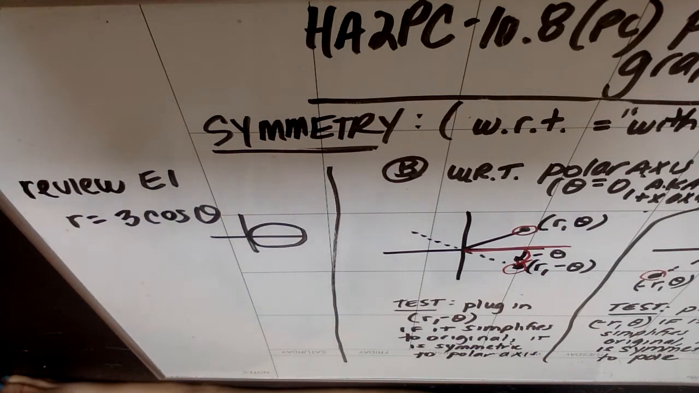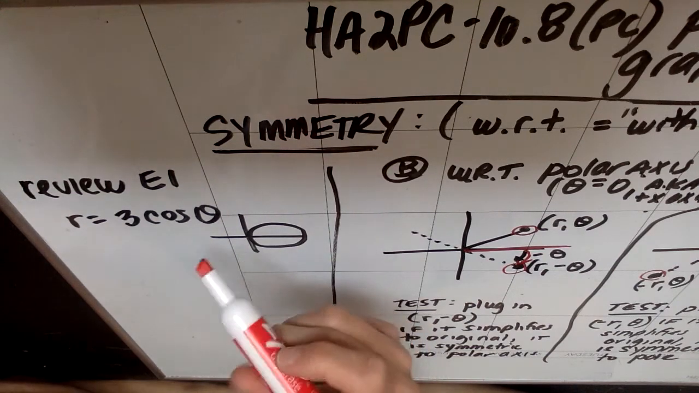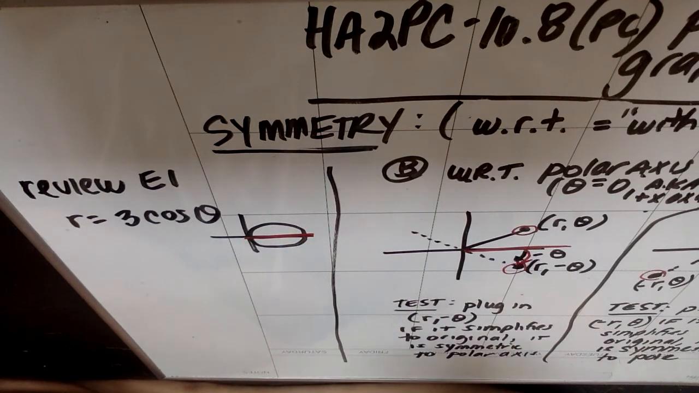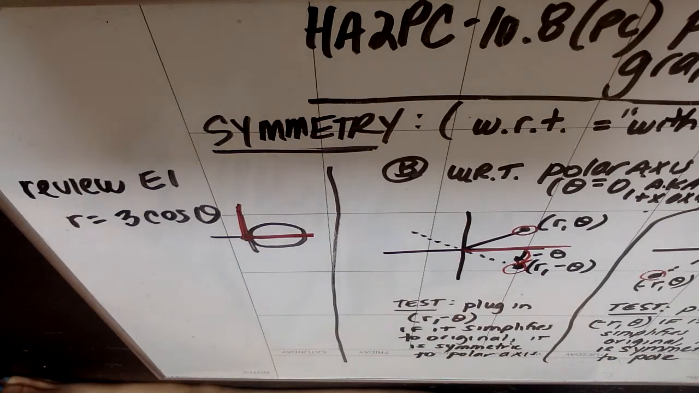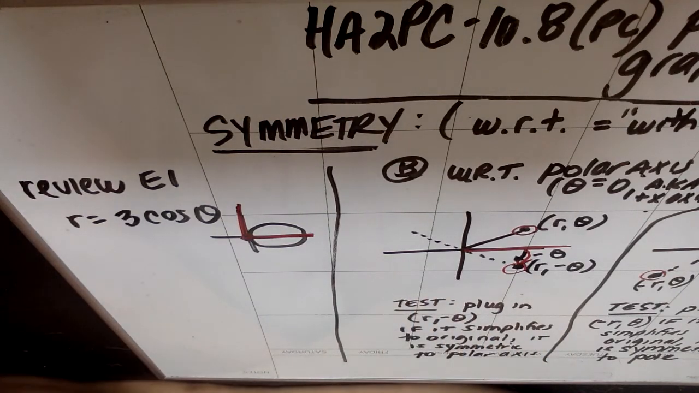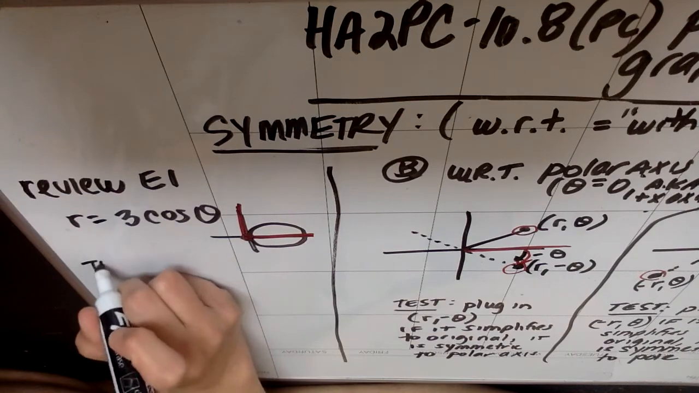So what I want you to notice is that that graph is absolutely symmetric with respect to theta equals 0, or the polar axis, but it is not symmetric with respect to theta equals pi over 2, and it is not symmetric with respect to the pole. So it's going to demonstrate this type of symmetry, the symmetry with respect to the polar axis, and I'm going to show you how that works. So if we were to test